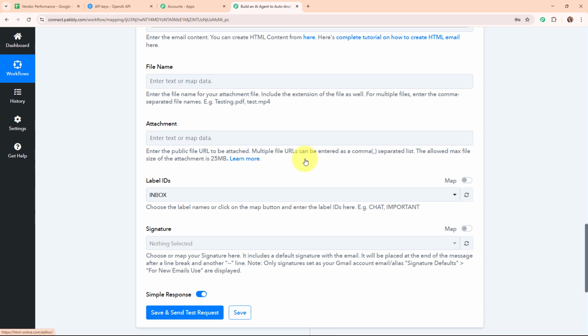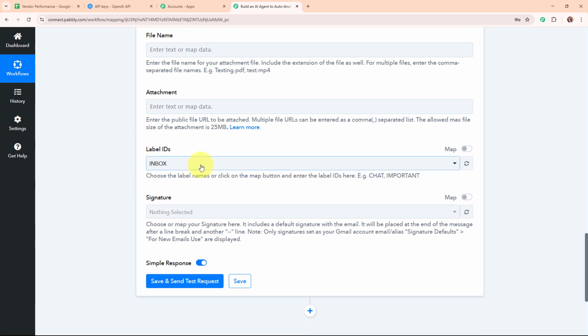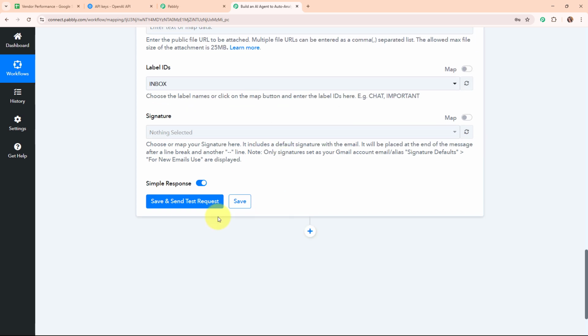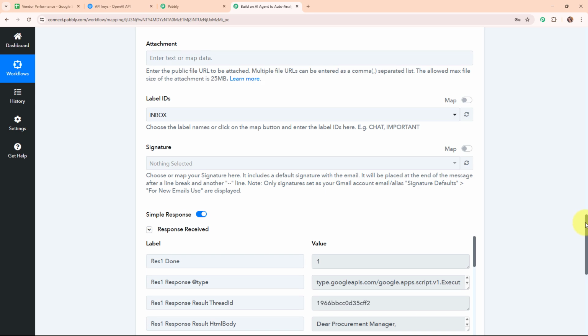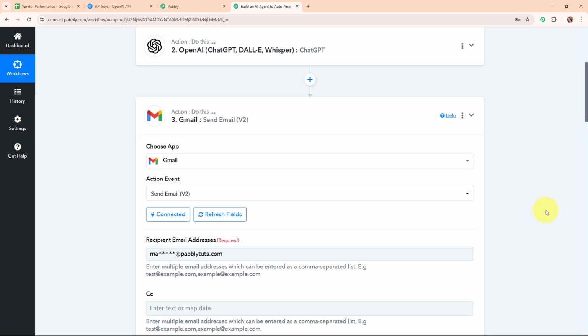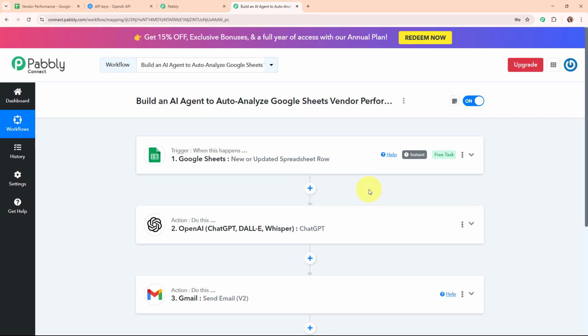So this is the content. Moving forward, again the file name, attachment, label IDs and signature are not required fields, so here I'm going to leave them blank. And now after entering all the required details, I'm going to click on save and send this request. And here you can see we have received a successful response. That means we have successfully sent a mail to our manager's Gmail account.